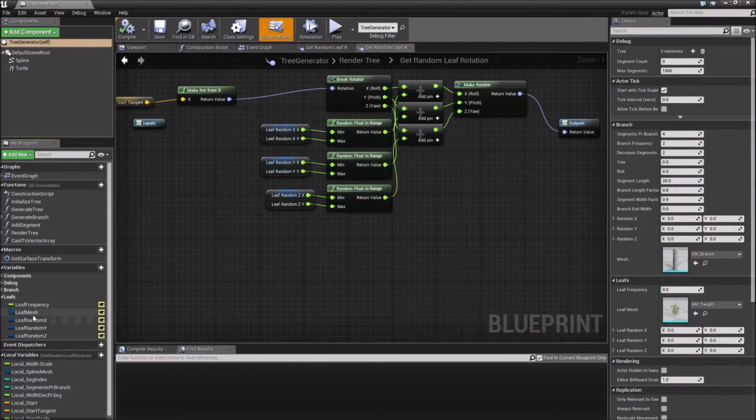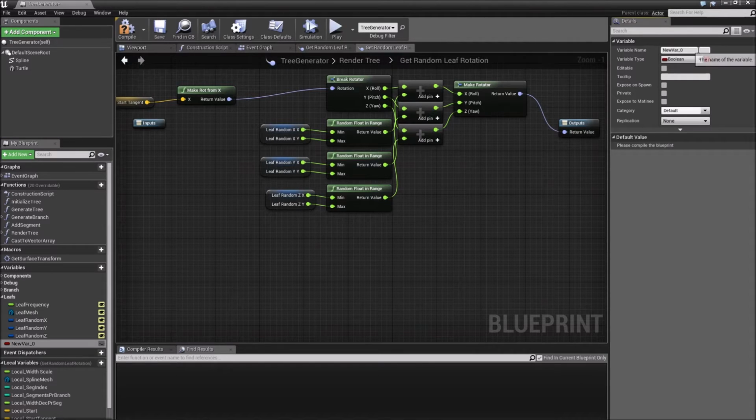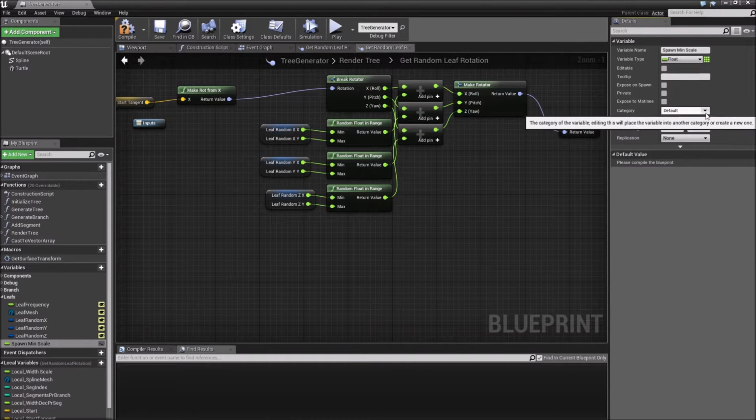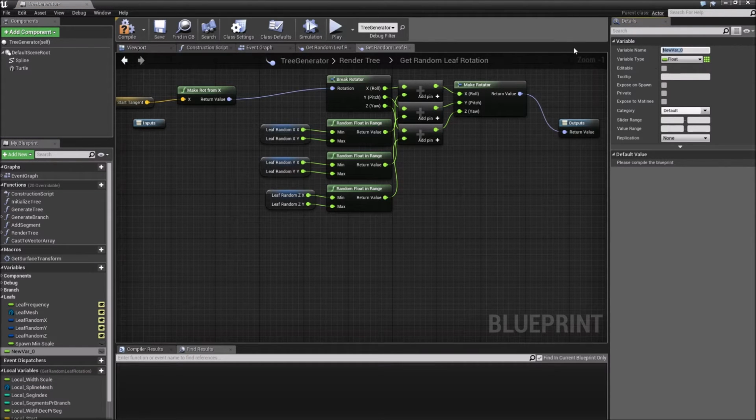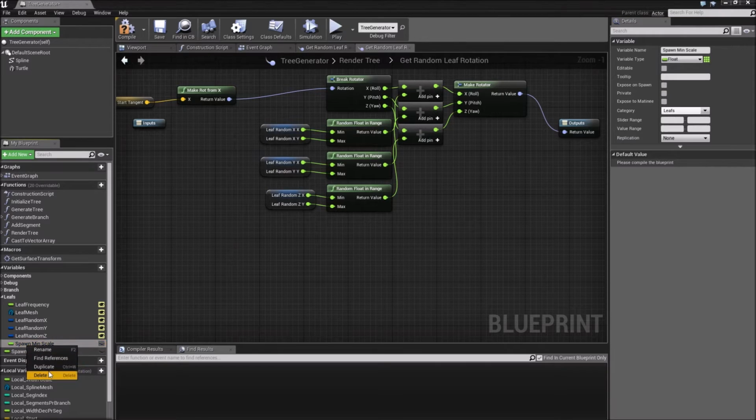And basically what I want to implement is a minimum and maximum scale limiter or something like that. So it's gonna add a minimum scale. Spawn minimum. I don't really like these underscores, so spawn minimum scale, which is going to be a float, and it's going to be on the leaves, and a similar one called spawn max. Wait a second, let me do something else. Delete that and delete that one and